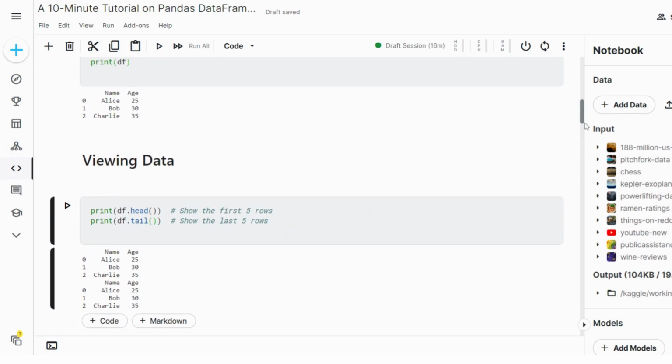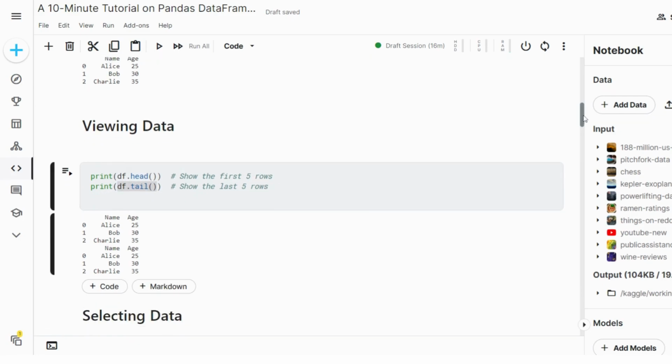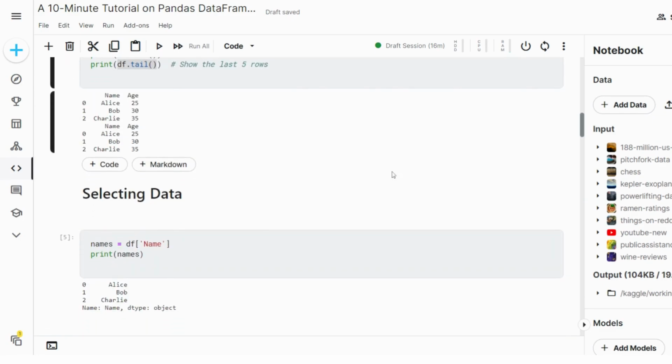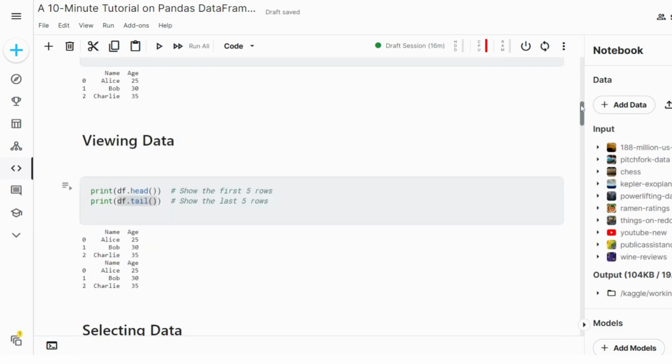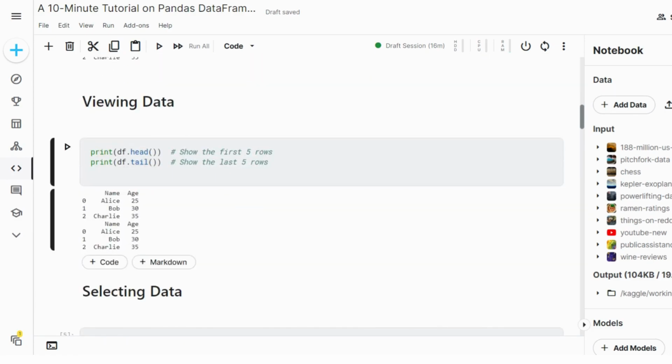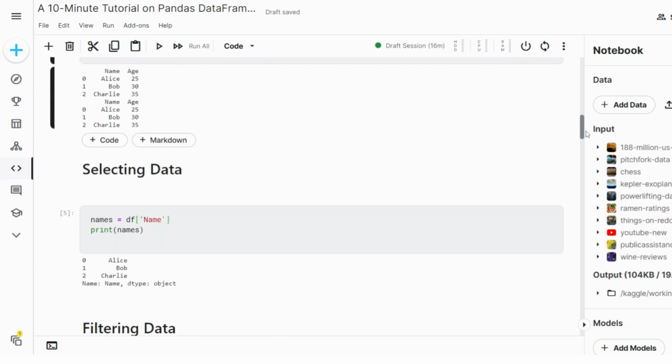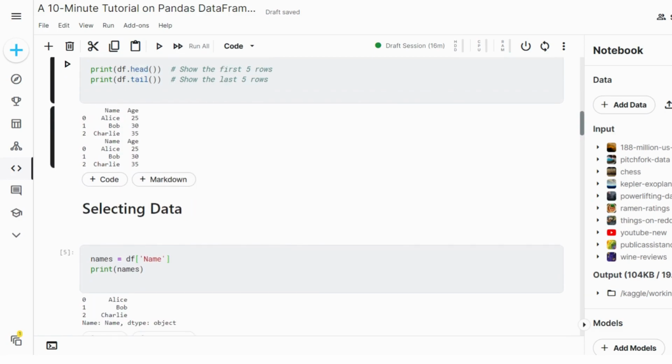So the head method is used to view the first few rows of a data frame, whereas the tail method is used to view the last few rows of a data frame. So in this code snippet, df.head would result in showing the first 5 rows, whereas df.tail would result in showing the last 5 rows of the data frame. Let's move on to